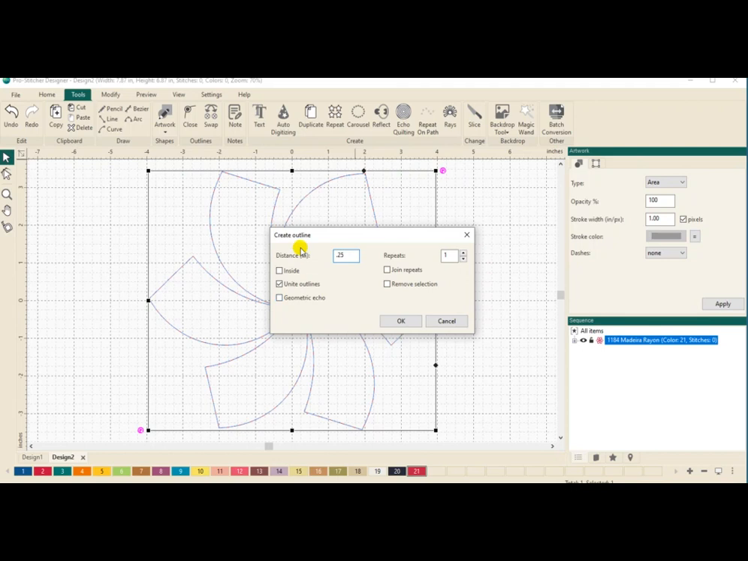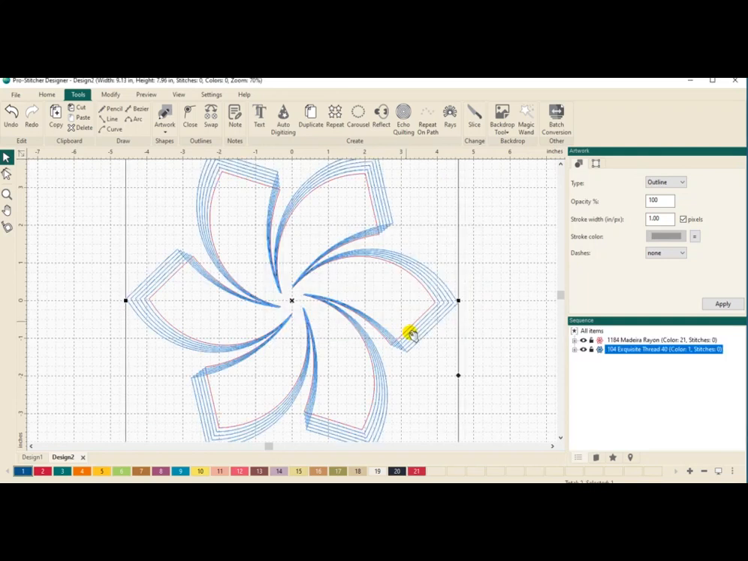I want to join repeats. If I check remove selection, that will get rid of the area. I'm going to leave that for now. And I want a geometric echo on the outside. And I'm going to do about 5 repeats. Okay, there's my design. And next I would just go to the modify screen, assign stitches,